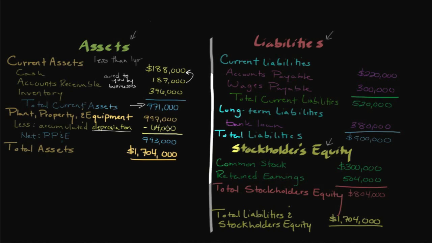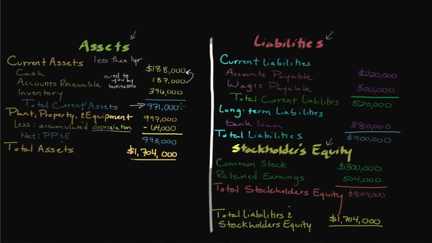Now, there's a number of different ways you can use depreciation. A very easy method is what we call the straight line depreciation method, which I'll make a separate video available on. I don't want to take up too much time. But we certainly have to depreciate the value of our asset because it's not going to be worth the same years later. Now, once we factor out depreciation, we get what we call net plant, property, and equipment, which is